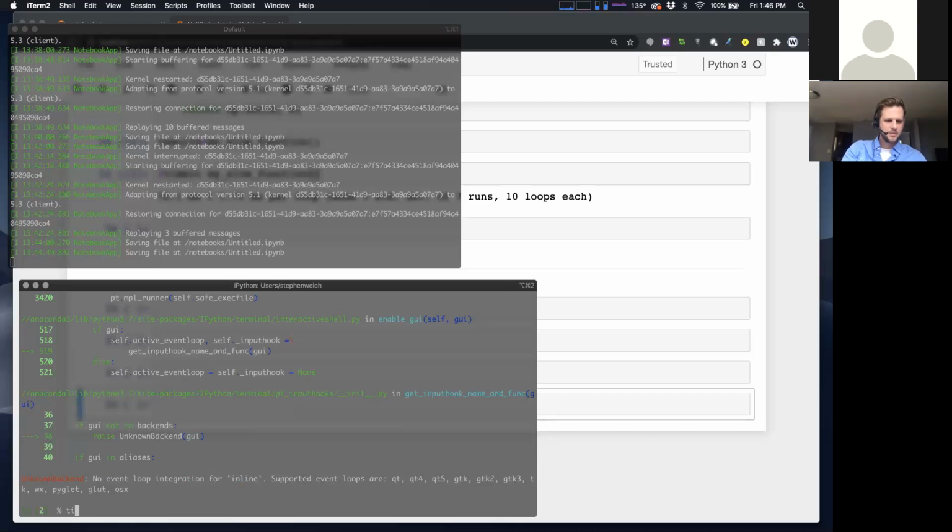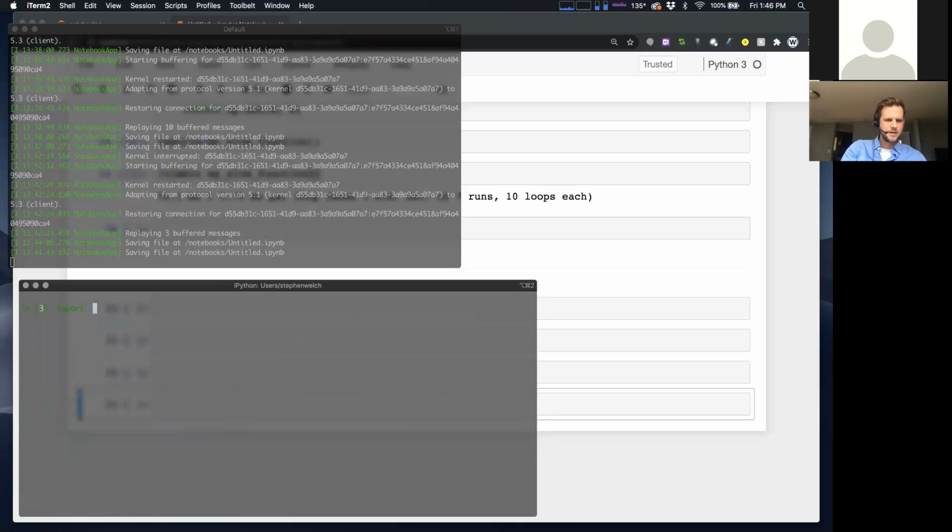Let me try one more thing really fast just to see. Time it, actually I have to import time. So yeah, I would say they're mostly for the notebook, but you should be able to use them in any IPython session. Yeah, like this one I think is gonna work. I'm not sure why that pylab one was giving us trouble. Yeah, the timeit magic function worked.